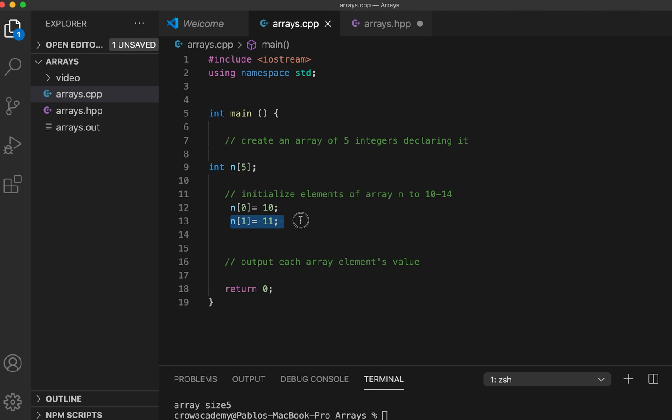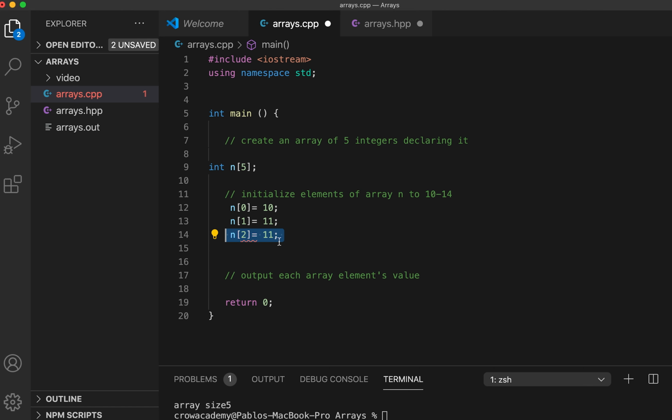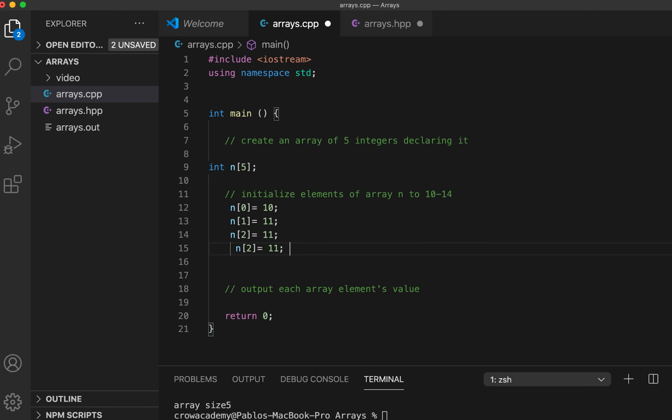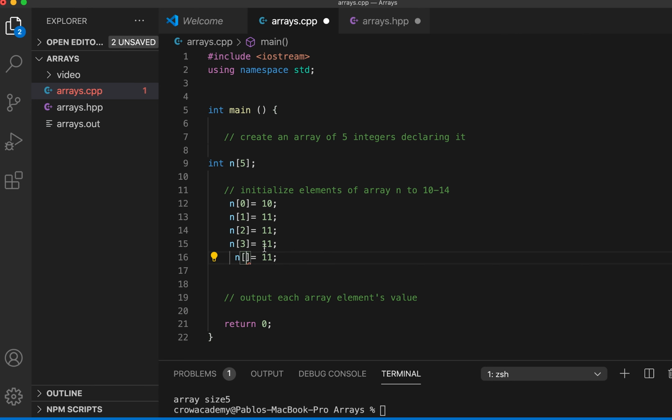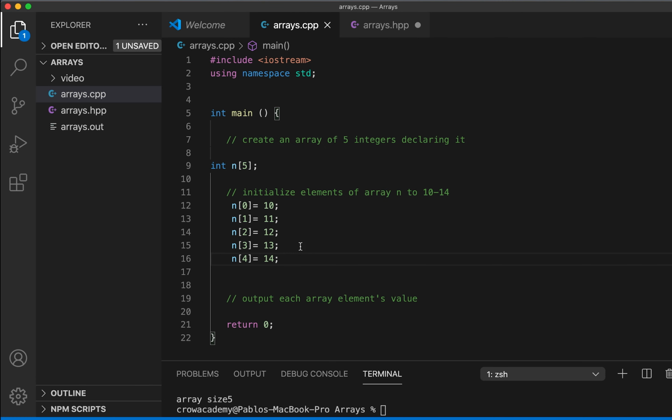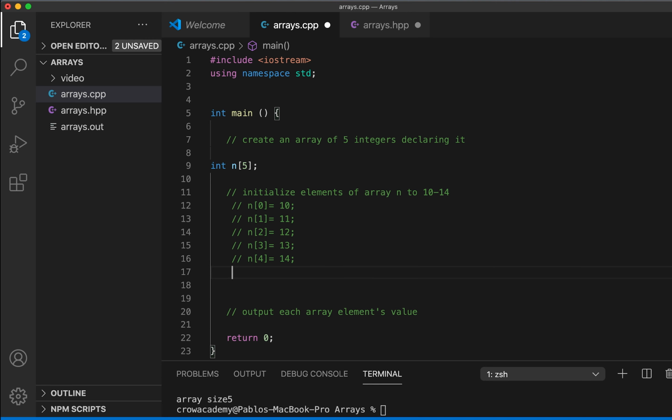This is one way, for indexes 0 to 4. Okay, but the way we want to do this is by using a for loop. So I'm going to comment all this out, and the way is